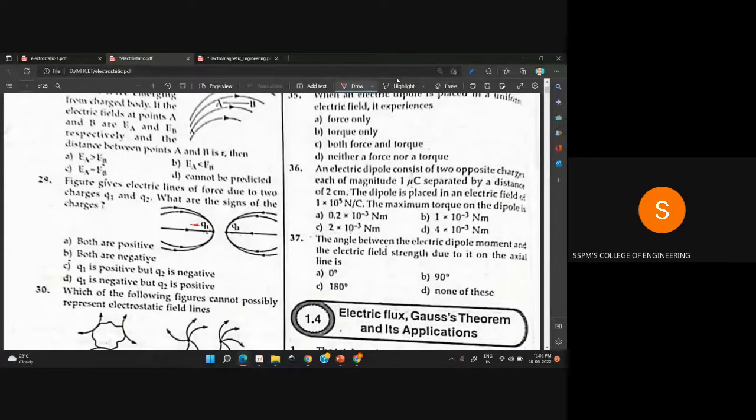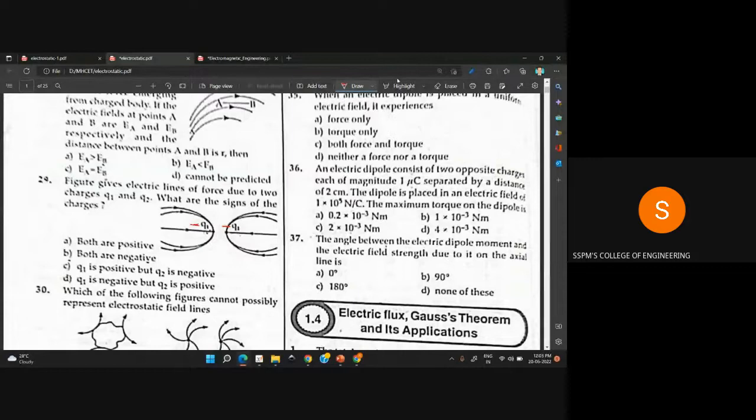And what about this Q2? Here also at Q2, the lines of electric field are terminating. So Q2 also has negative charge. So according to the property of the lines of field, the sign is given to both Q1 and Q2. So the options are: both are positive, both are negative,